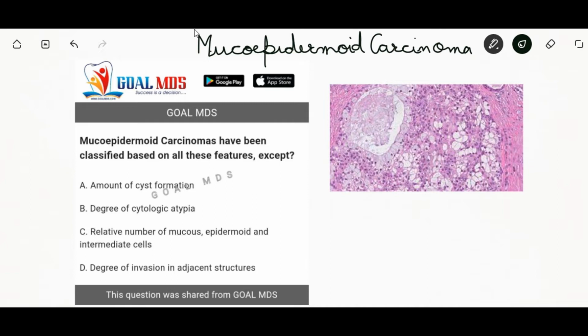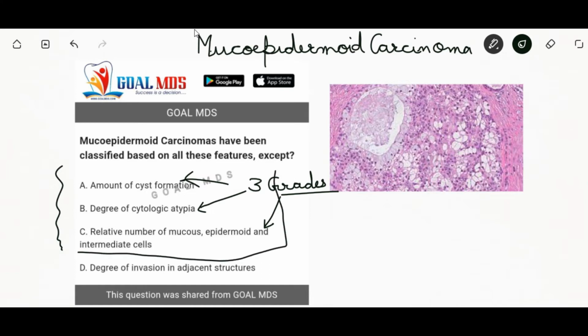The mucoepidermoid carcinoma has been classified based on all these features except, yes. The answer is degree of invasion in adjacent structure. Traditionally, mucoepidermoid carcinoma has been categorized into one of three histopathologic grades. Number one is the amount of cyst formation, second, degree of cytologic atypia, and third, relative number of mucous, epidermoid